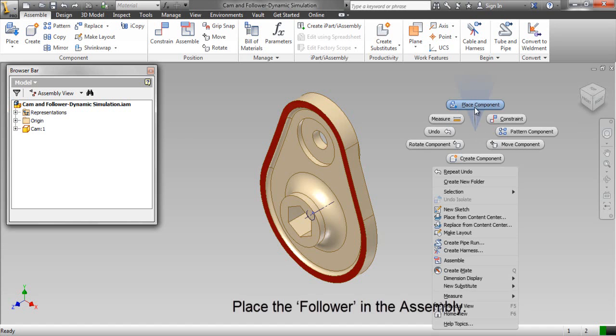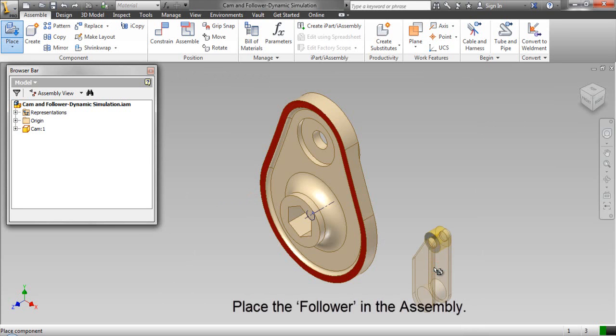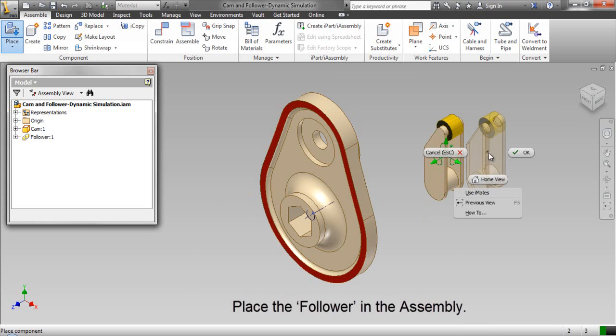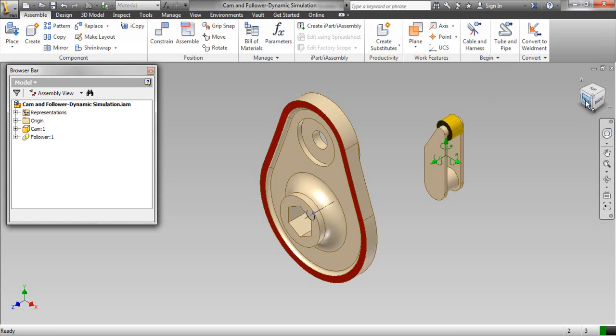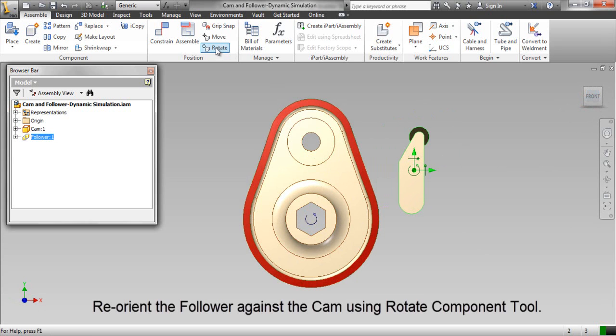Place the follower in the assembly. Reorient the follower against the cam using Rotate Component tool.